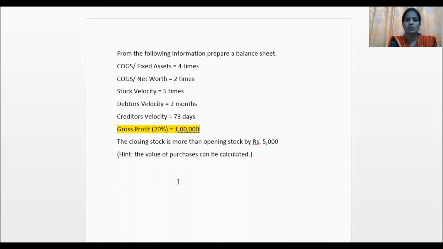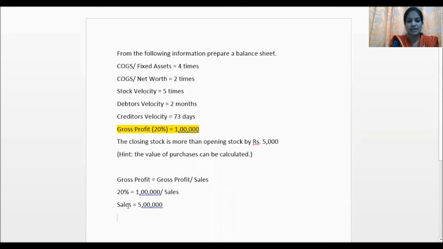Focus on what all details that you can find out with this gross profit. So we can make use of a gross profit ratio and we can find out sales with this ratio. So let us start with gross profit ratio. I'm just writing the formula. Now in this ratio, if you put the amounts, gross profit ratio is given, that is 20%. So 20% equals, now gross profit we know that is 1 lakh. So I'm just writing the amount here, 1 lakh divided by sales, we do not know. Sales equals 1 lakh divided by 20%. So that will come to 5 lakh.